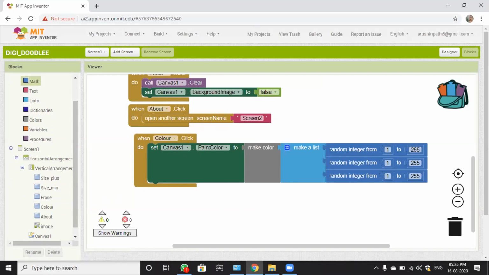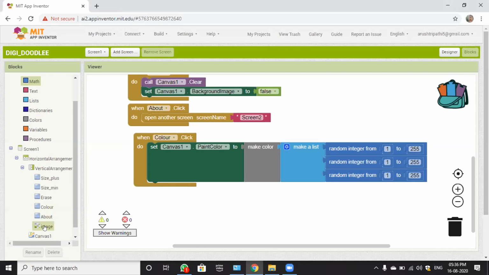Excuse me. Yes, Rajvi. When we are adding this random integer from, the numbers which were coming before, do we have to delete that? Yes, we have to delete. And when you add random integer from, it must be coming 1 to 100. So you have to change the 100 to 255. Sir, I have done. Yeah, and don't worry, we will tell you why this code is done. For now, just copy this, and afterwards we will have the explanation.